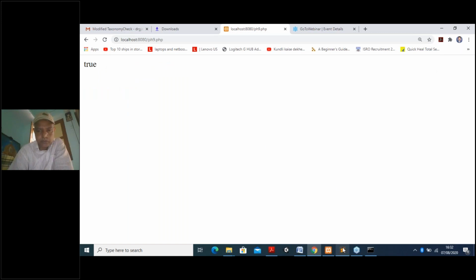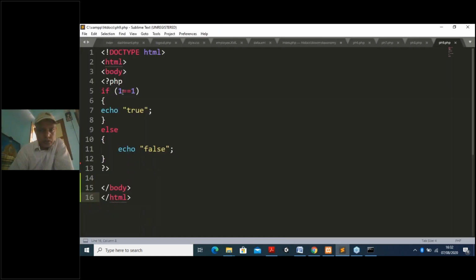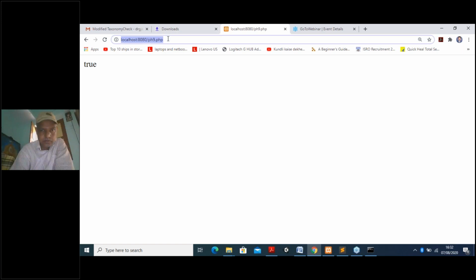Suppose I modify the program a little, and I say if 2 is equal to 1. Control S. Now let me run this program. Is 2 equal to 1? 2 is not equal to 1. You understand? It is comparing 2 and 1.